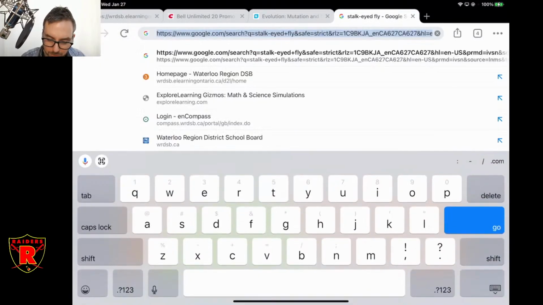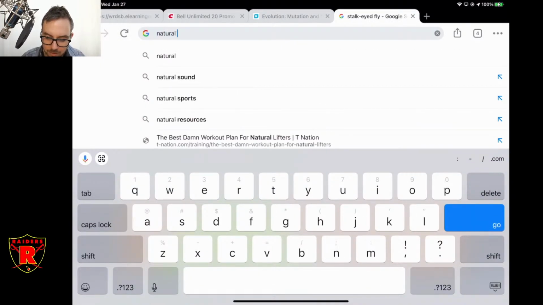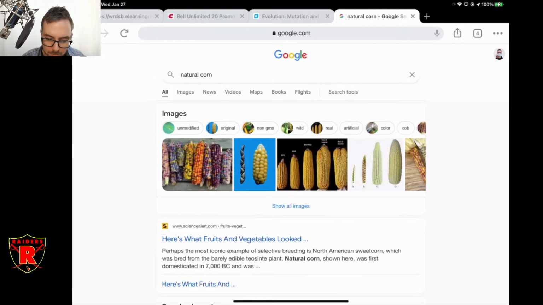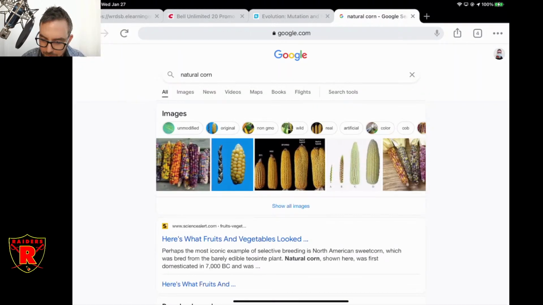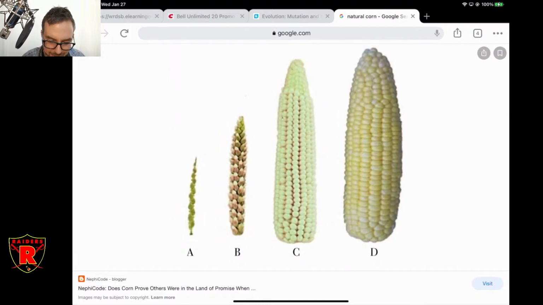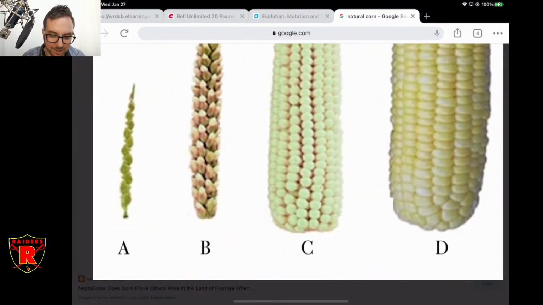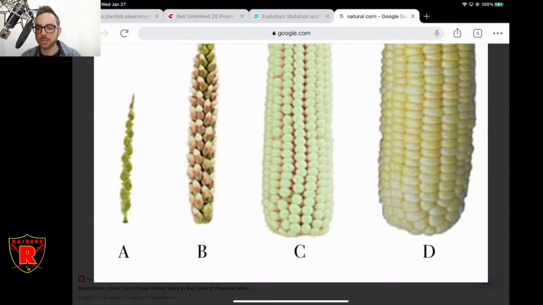See if I can find a good picture here. There we go. There's the original corn plant right there, way back. Do you see it on the right there? It's corn plant A. That's a natural corn plant. There are not many of these left in nature. Not many kernels on there. The kernels are extremely small. They don't contain a lot of starch, of sugar energy. And so the original corn plant, nature's corn plant, sucks for humans anyway as a crop.